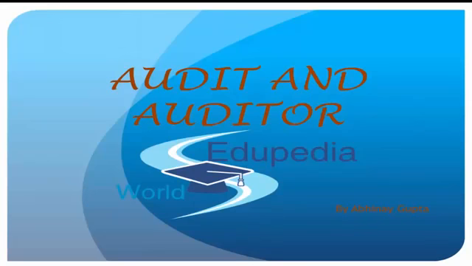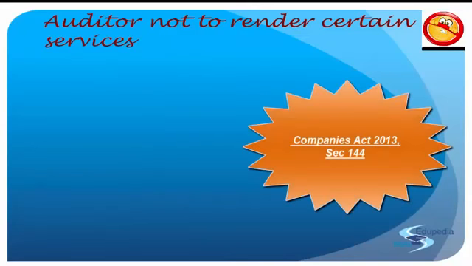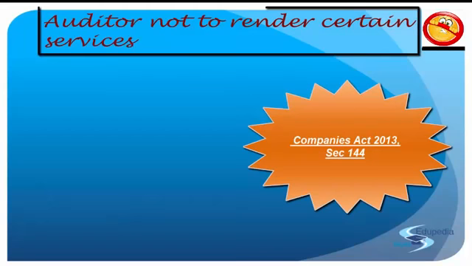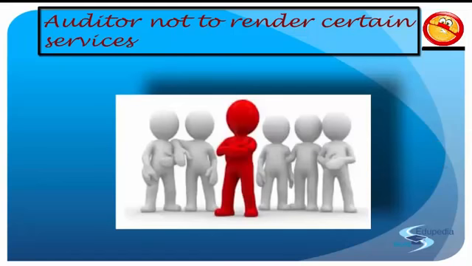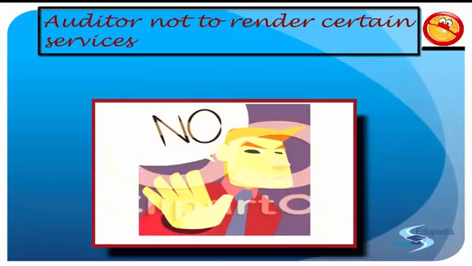1st of April. So the first section that we take over today for this lecture would be section 144 from the Companies Act 2013, which deals with auditor not to render certain services. So if you, chartered accountant, firm, practice, separate, if you have been appointed as an auditor in a company, then you have to make sure that there are certain specified services that you don't provide. Now, why shouldn't we provide those services? We'll see when we discuss each of the services. We'll not go into very detail of it.